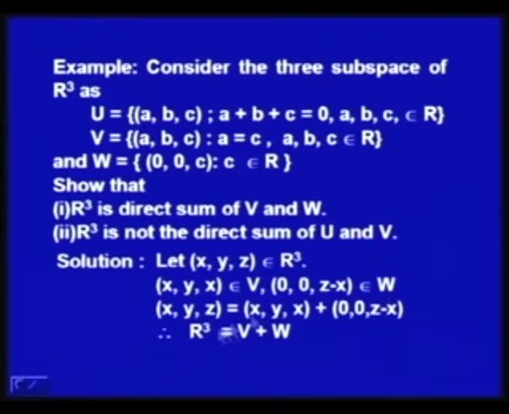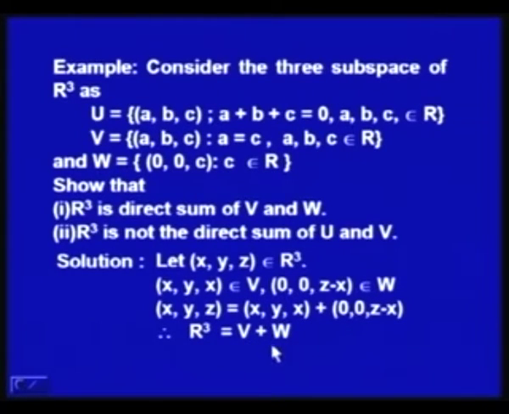And V is when A and C components are equal, so I will take this vector from V as (x, y, x). So, if I add the two vectors (x, y, x) from V and (0, 0, z minus x) from W, then (x, y, z) can be expressed as the sum of these two vectors